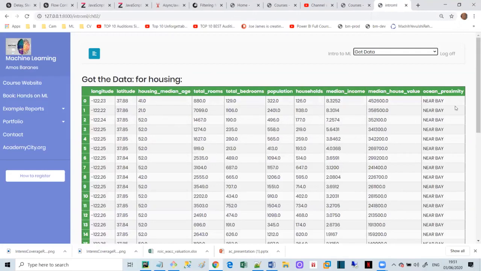Each row here is a different district. On the first district, the median house value is given. It's about $450,000, okay? Then I have a lot of data about the averages of income, how many bedrooms, and so on,